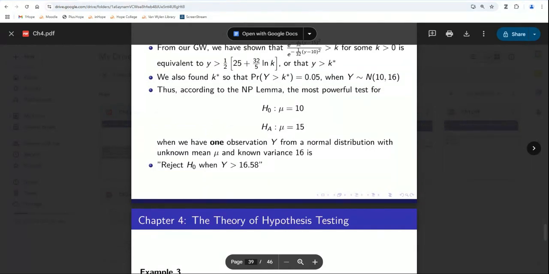If you recall from the question that we were doing, example number 2,